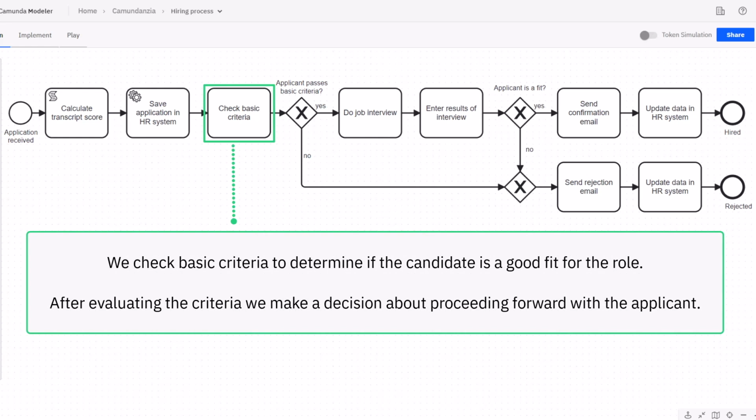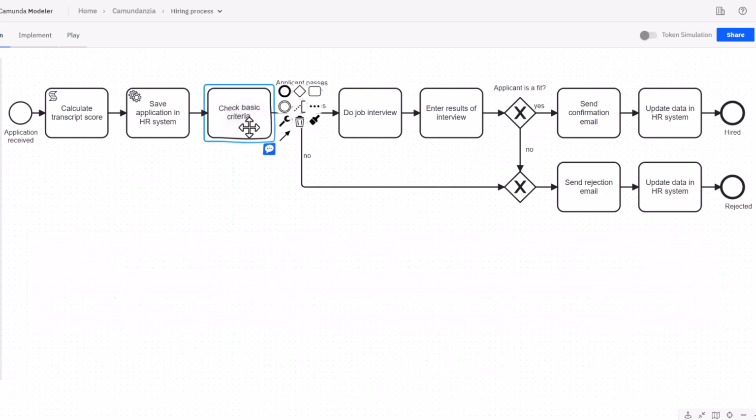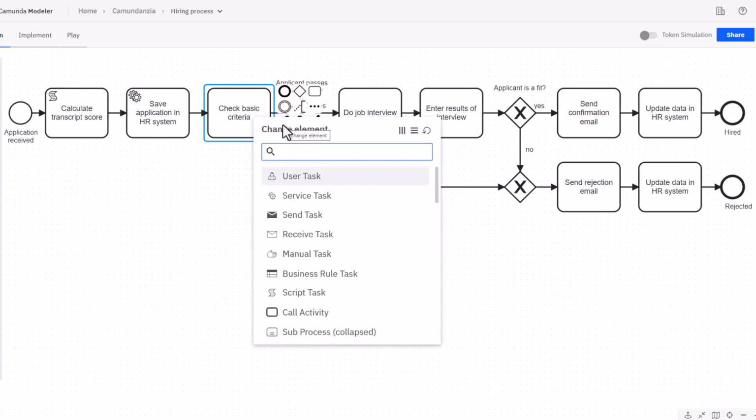We will start with the score we calculated in the first task and then add any other important criteria, such as, for example, if they have enough experience for the role or if they have the legal age to be hired, etc. This means we want to evaluate different criteria, and based on this, we will make a decision whether we proceed or not further with the applicant. This is done via a decision table, modeled with DMN.